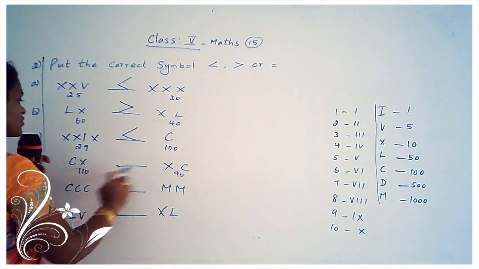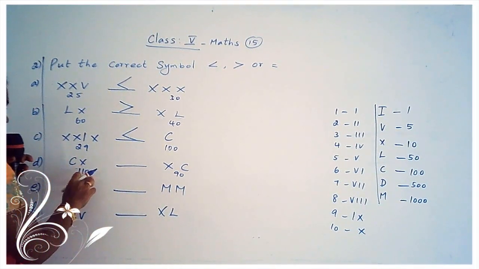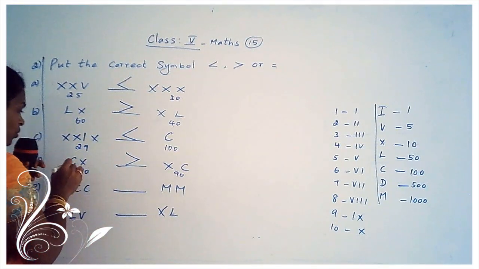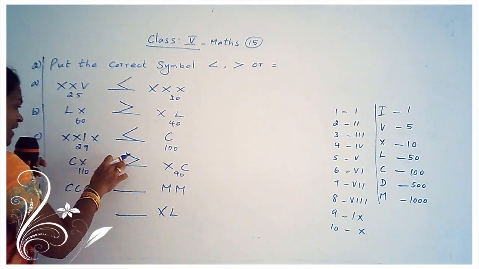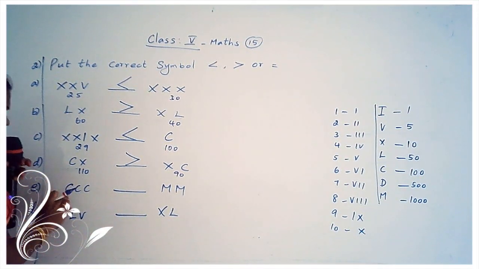Now you compare these two numbers, 110 and 90. Yes, 110 is the greater number. So you put the sign like this. Okay, so CX is greater than XC. Okay, children, are you clear? Yes. Next, E. CCC stands for